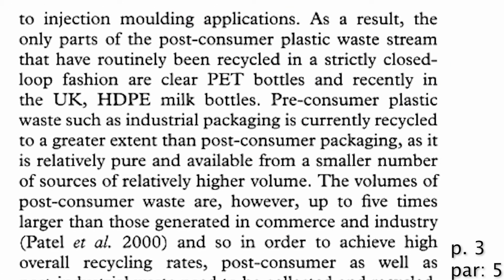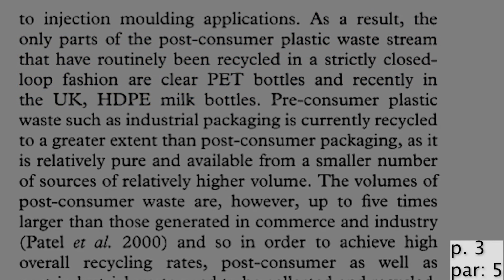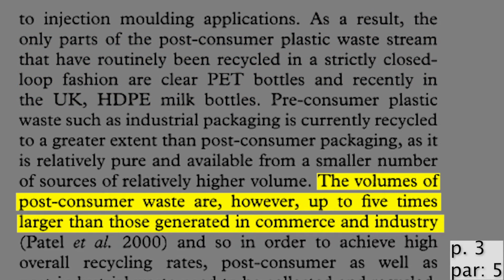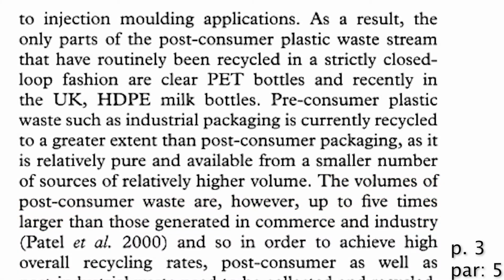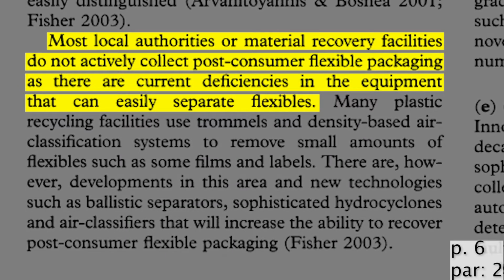The fundamental problem with the current recycling strategy is with post-consumer plastics, like straws, plastic bags, and containers for food. In fact, the volumes of post-consumer waste are up to 5 times higher. Let's talk about the reasons why post-consumer waste is so abundant. First is the limits of the current recycling facilities. Most local authorities or material recovery facilities don't collect flexible consumer packaging